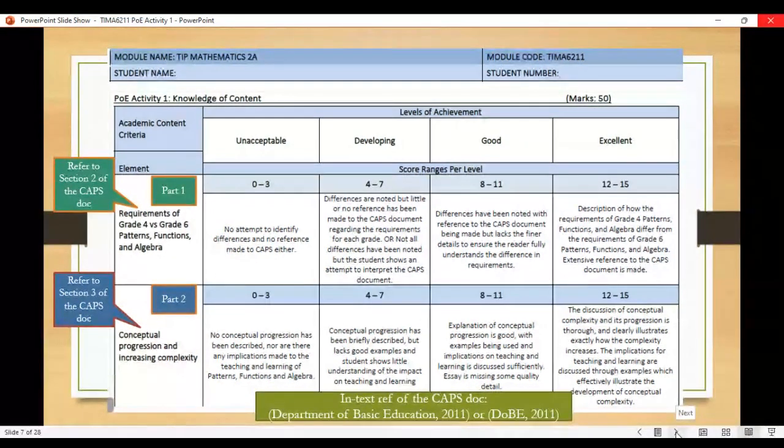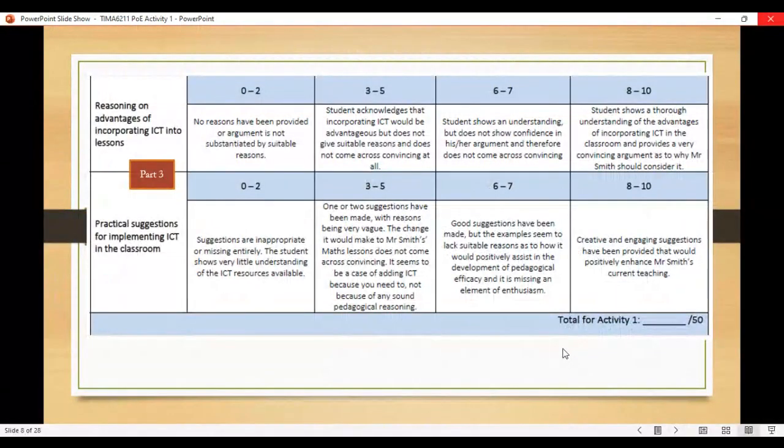Then the third part of this activity, you will see, counts 20 marks, where you have to explain to Mr. Smith why it is so important to use technology in the classroom, incorporating ICT, so making use of technology in our math classroom.